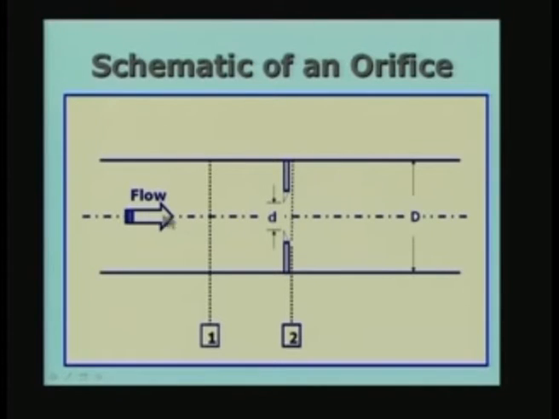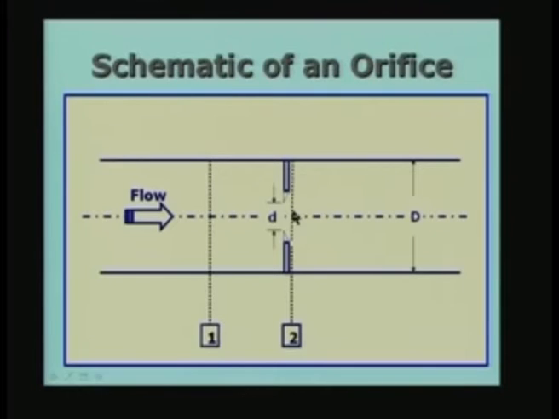Okay. So, the flow which is coming here has to pass through the small hole, so it is going to accelerate as it comes towards the hole. How does it accelerate? Pressure energy is converted to kinetic energy, because the kinetic energy is increasing, and it comes from the pressure. The potential energy is converted to kinetic energy, therefore the velocity is larger here as compared to here, and that is what happens.